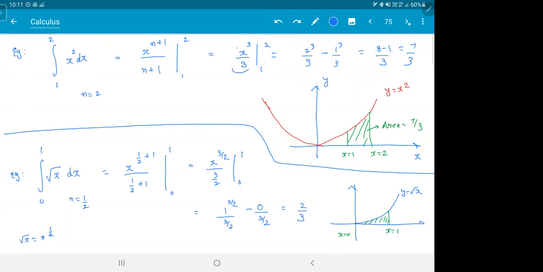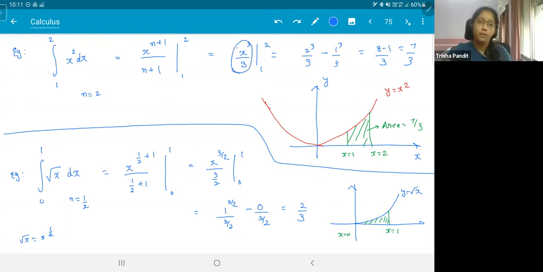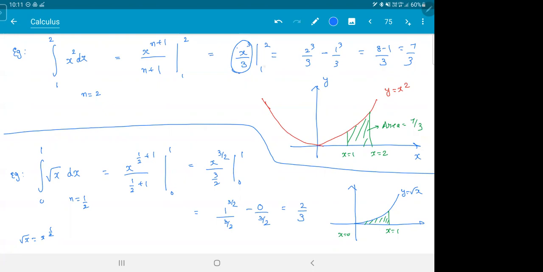What this thing tells you is area under the curve. But you need to tell me from where to where. 1 to 2. Then once you put it, it starts making sense. But later on, we will see there's also something called indefinite integration. When you don't know the limits, you just calculate the area and leave it there. We will see that in the end. This is a better thing because this is what we encounter more.